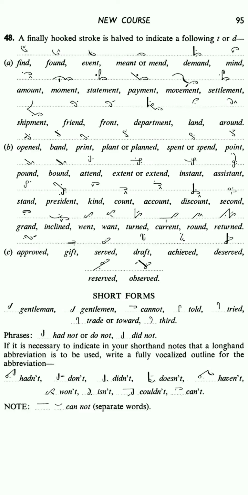Couldn't. K full outline. D halved with N hook finishes on the line. Light dash on the third place of D before it. Can't. K halved with N hook above the line. Light dot on the first place of K after it. Note. If there are separate words, as in can, not,